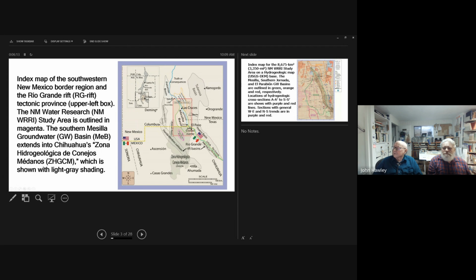And like I said, I started this when I was with the U.S. Soil Conservation Service in 1964, and then we joined forces with colleagues in the Secretaría de Recursos Hidráulicos, now part of Conagua in Mexico, back in '67.